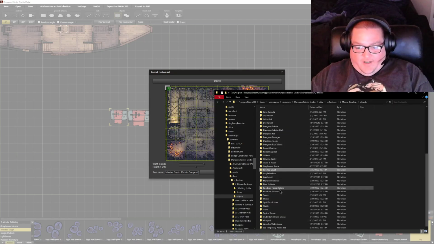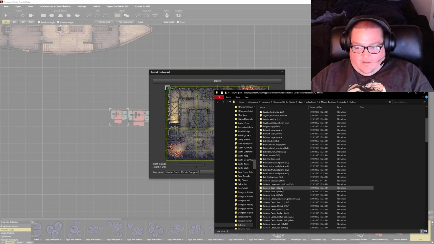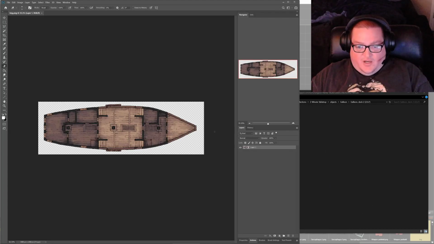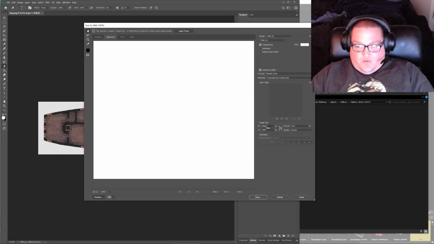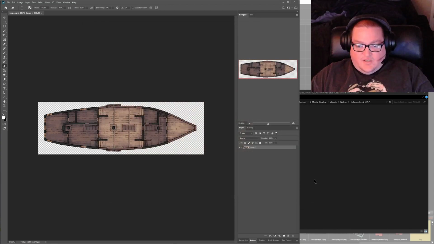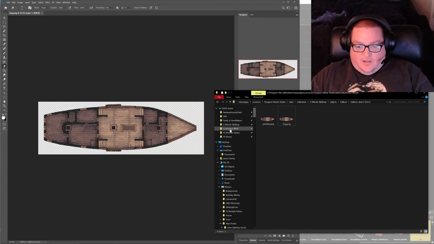folder over here. So going back to the galleon as an example, if we go to the galleon, what was the 22 by 7? If we load this image in Photoshop and look at, when I go to save it, what's the actual size? It's 4400 by 1700. So it's 200 pixels per square to get it right. So if it's 200 pixels per square, and we go back to our,